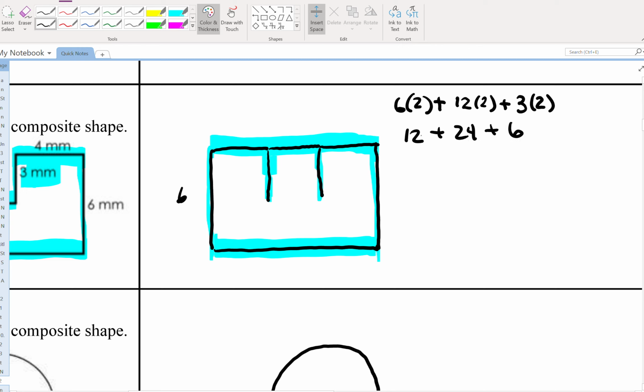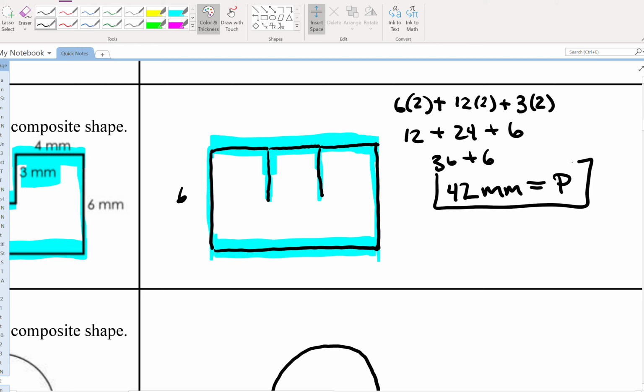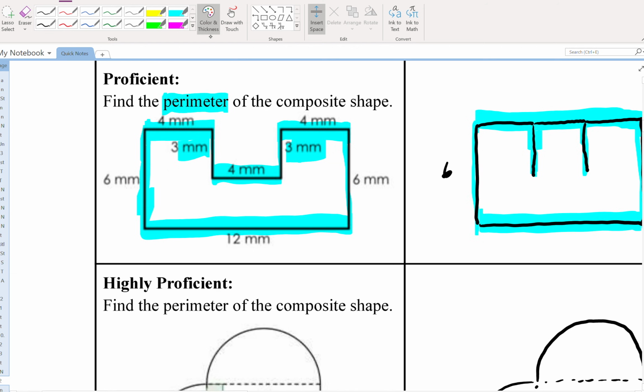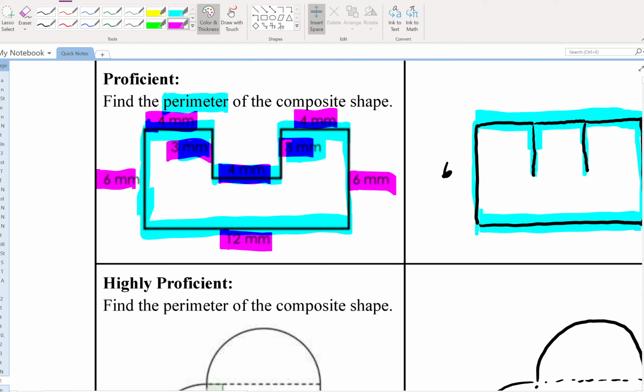And so 12 plus 24 is 36. Plus 6, 42. So this is 42 millimeters. That's the perimeter of this object. But you can get the same thing by just adding and keeping track. 6 plus 12 plus 6 plus 4 plus 3 plus 4 plus 3 plus 4. And if you went through and did that, you would have that same answer of 42